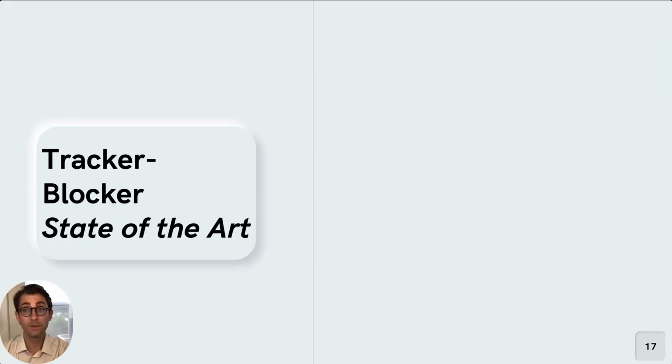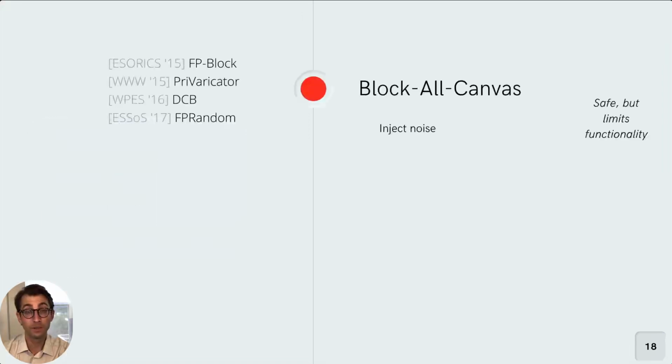Identifying and blocking canvas fingerprinting is not a new problem. Several other works have made attempts at blocking this tracking vector. One of the initial ways to block this type of tracking works by modifying all of the images that are drawn to the canvas. So here we're injecting noise into these canvas images, and that creates broken consistency. So the same user visits the same website multiple times, but draws a different canvas image, and that thwarts the